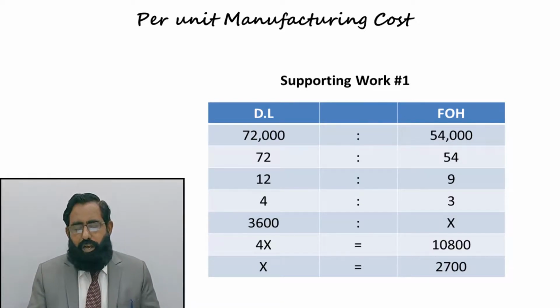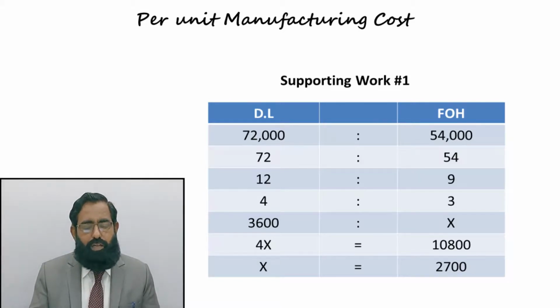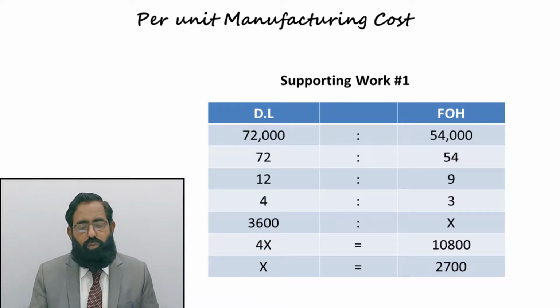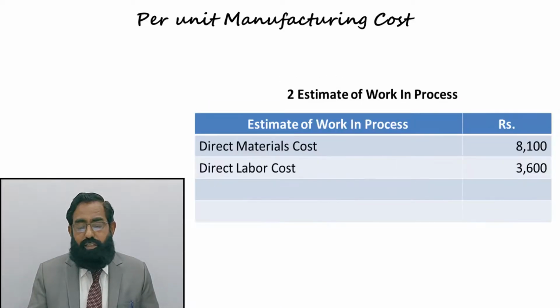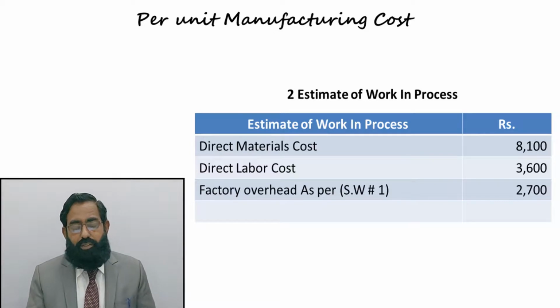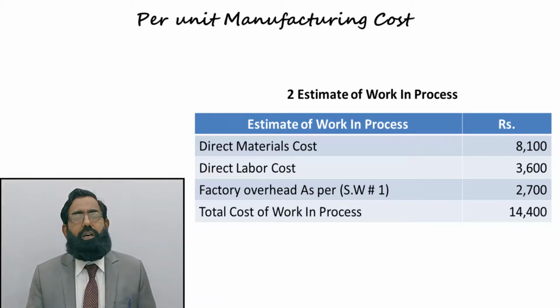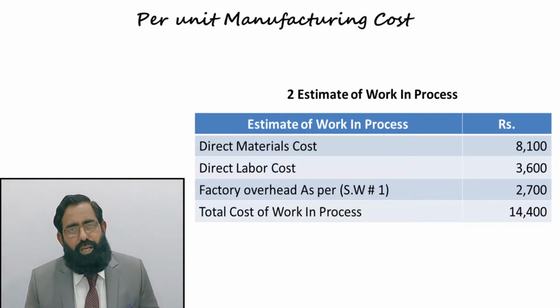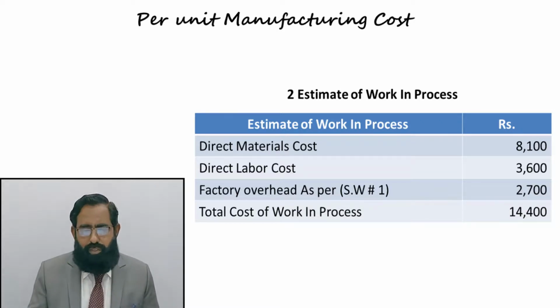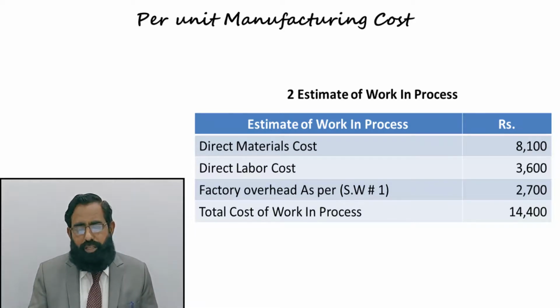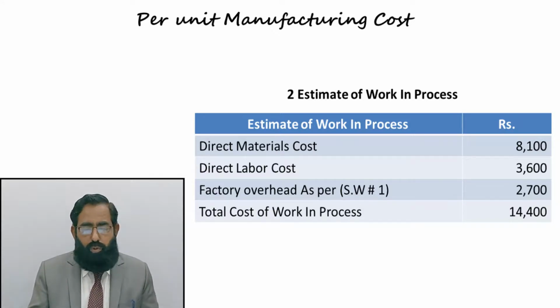X means FOH. अब इस वैल्यू को हम वापस जाकर अपनी वर्क इन प्रोसेस की क्लोजिंग इन्वेंटरी के अंदर प्लेस करेंगे। डायरेक्ट मटेरियल गिवन 8100, डायरेक्ट लेबर गिवन 3600, फैक्ट्री ओवरहेड एज पर आवर सपोर्टिंग वर्क नंबर 2700, इन सब का टोटल करेंगे एंड वी गेट 14,400। दिस इज द टोटल कास्ट ऑफ वर्क इन प्रोसेस। हमने प्रोडक्शन मैनेजर के एस्टिमेट को जो कि वर्क इन प्रोसेस इन्वेंटरी के हवाले से था उसको हमने कंप्लीट कर दिया। इस तरीके से हमारे पास वर्क इन प्रोसेस की क्लोजिंग इन्वेंटरी 14,400 आ गई।